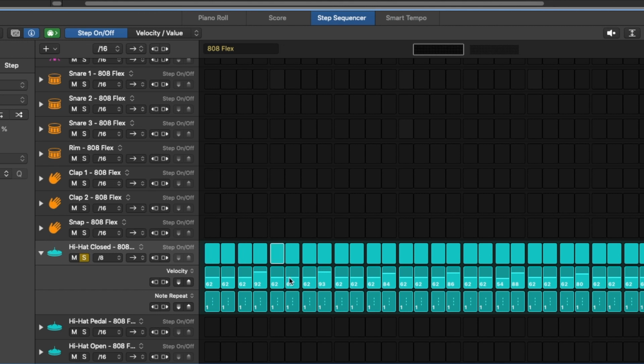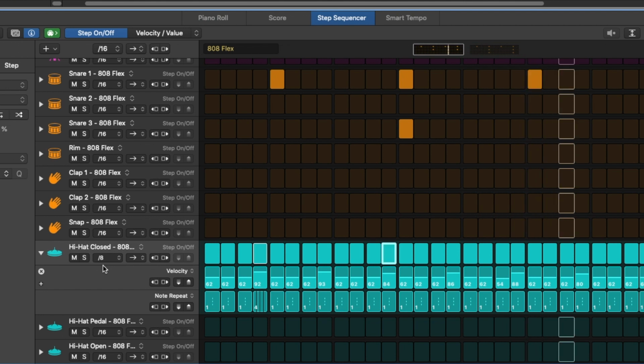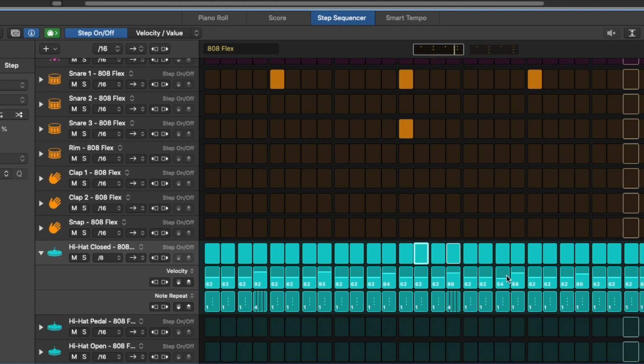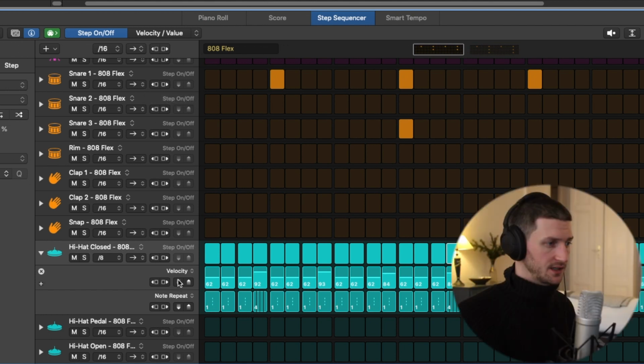dum dum dum dum dum dum. You know, the typical kind of trap move would be maybe 4 hits right here. So with everything that sounds like this, I'll have to unsolo the hi-hats. Let's say we wanted it to happen here too. We go to this hi-hat and go to 4. And we can build out our beat like that using the step sequencer, going through different elements, choosing different velocities,